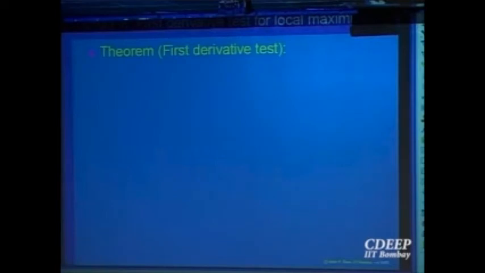If the derivative is bigger than or equal to 0 on the left, it is less than or equal to 0 on the right. That will imply, by the previous theorem, it is increasing on the left, decreasing on the right, and that will give you a local maximum or local minimum at that point, right? So the continuity test coupled with the earlier one gives us the first derivative test.